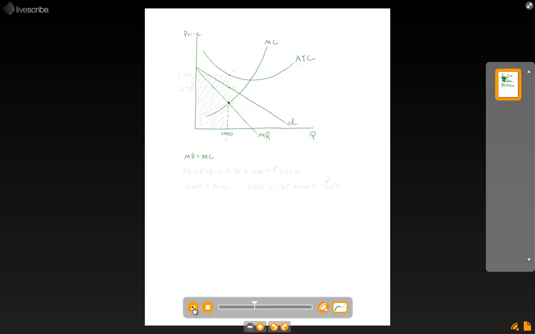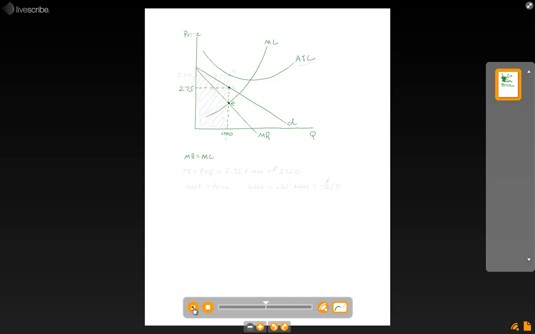Now, what is different about this situation is this is a monopoly and they are a price seeker. So that means that even though marginal revenue is equal to marginal cost here, what we want to do is go in and charge the price that the demanders are going to be willing and able to pay. So you draw your line up to the demand curve, and let's just say that happens to be the price of